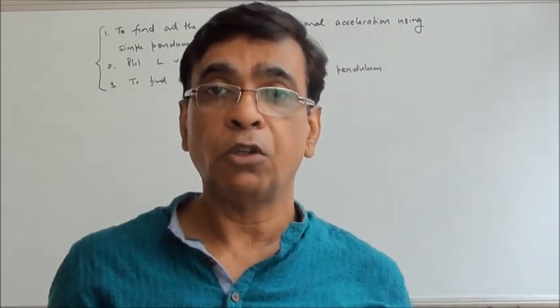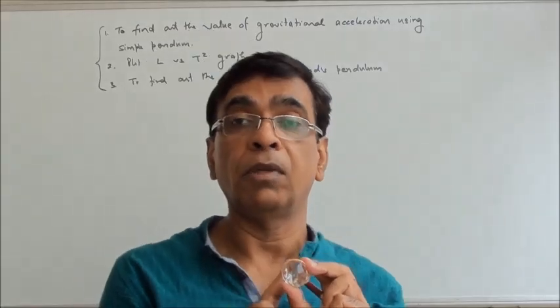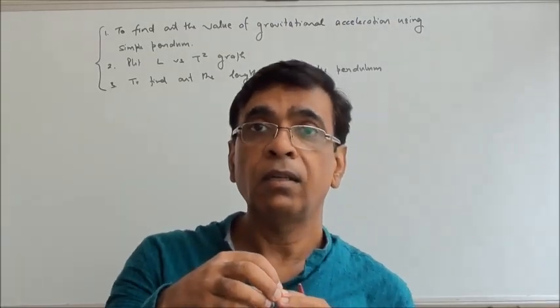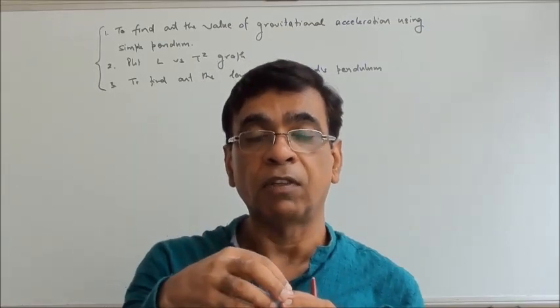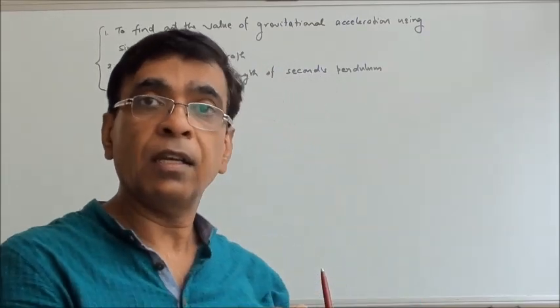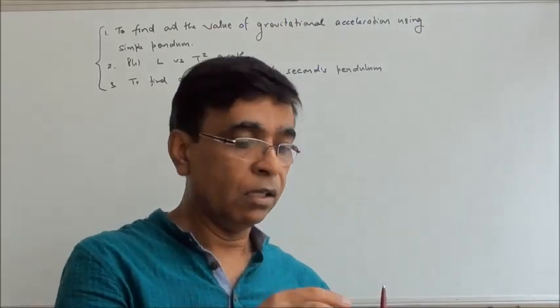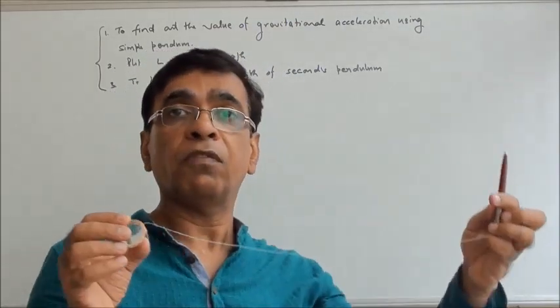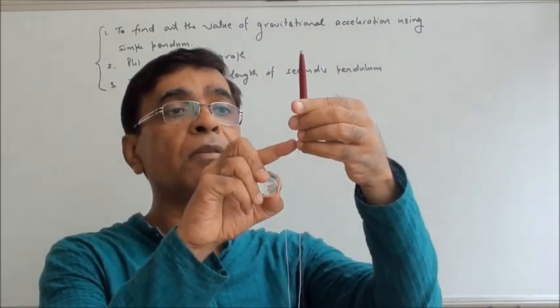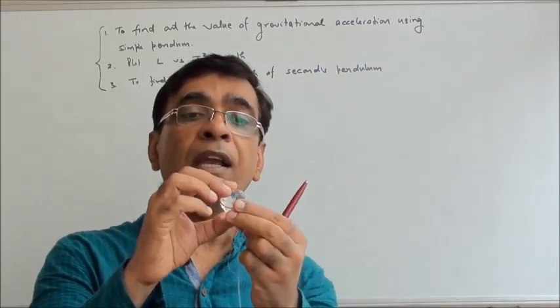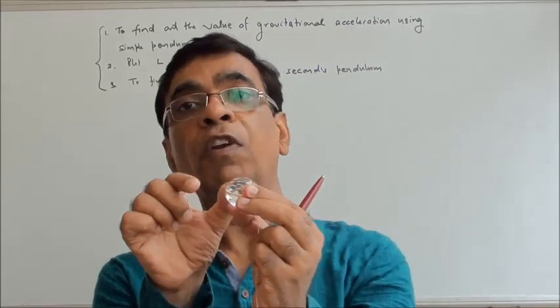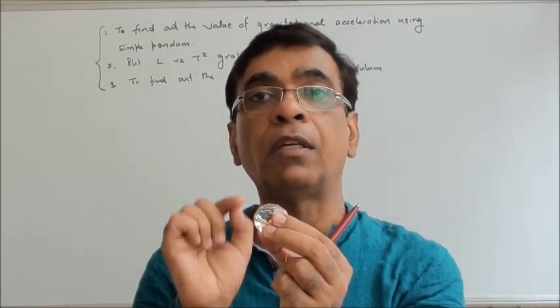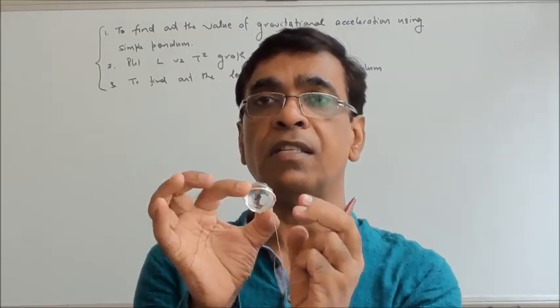Certain precautions are to be kept in mind: it needs to be spherical because a spherical surface will have minimum frictional force, as the area will be less. It can oscillate in one plane. Further, to find the length of the pendulum, we need the distance between the point of suspension and the center of the bob. If you have not taken it spherical, it will be difficult to find the center of mass. But in this case, it is easier.